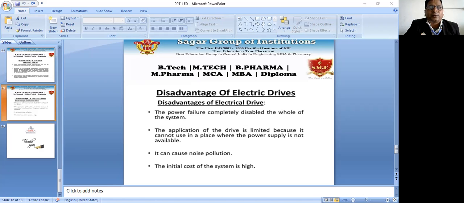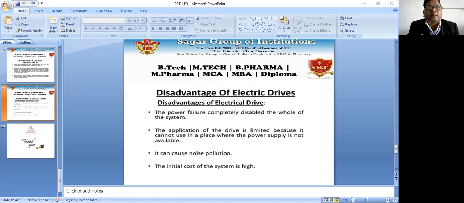Because of these advantages, the mechanical energy already available from non-electrical prime movers is sometimes first converted into electrical energy by a generator and back to mechanical energy by an electric motor. So an electrical link is thus provided between the non-electrical prime mover and the load, to impart the drive's flexible control characteristics.